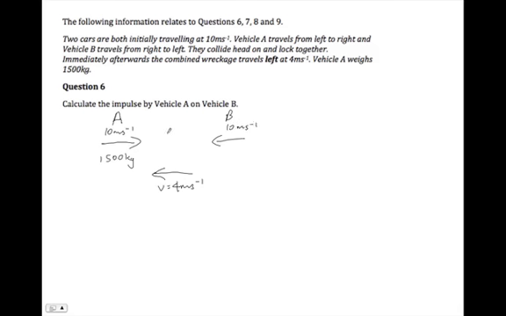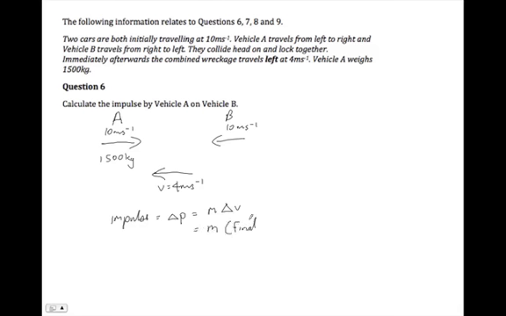Calculate the impulse. Alright. So the impulse of A on B is going to be equal and opposite to the impulse of B on A. That is the nature of these collisions. So impulse is equal to change in momentum. And change in momentum is equal to mass times change in velocity. So what we're talking about is mass times